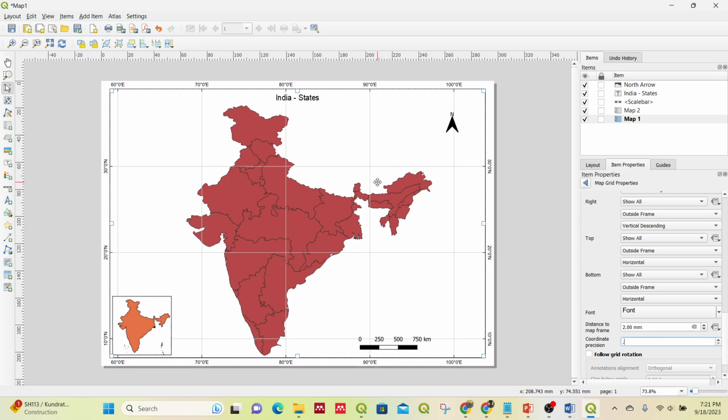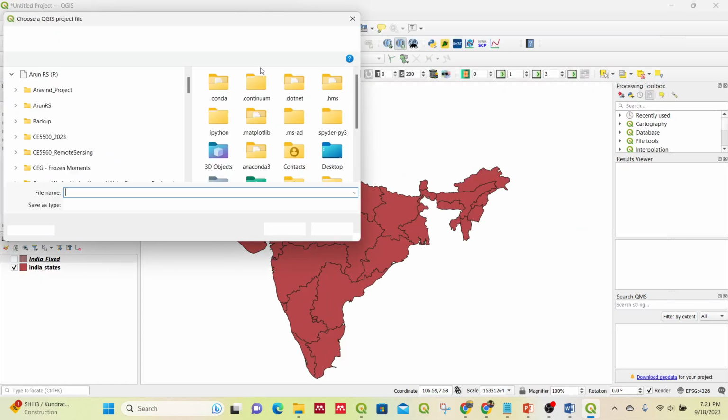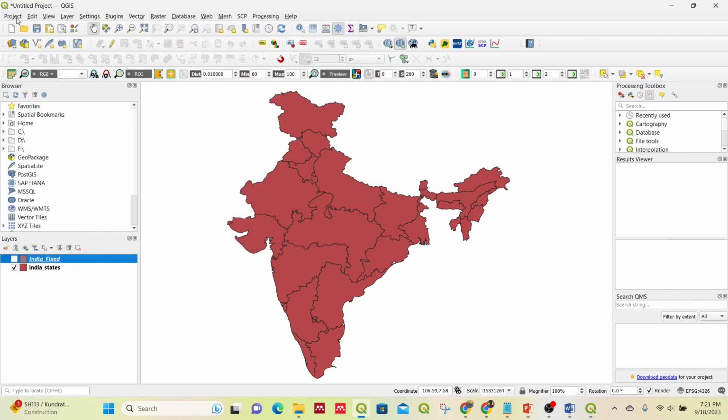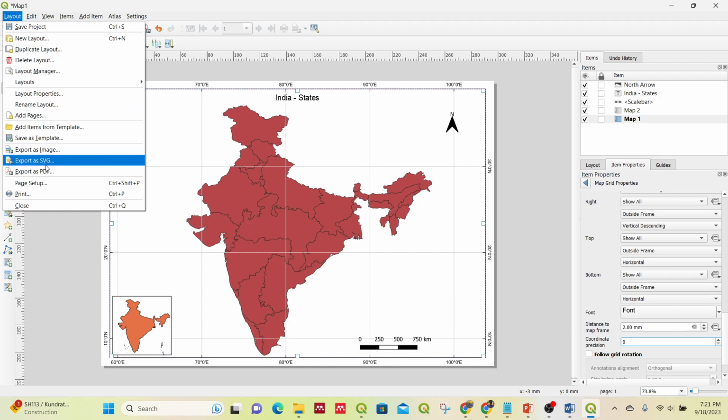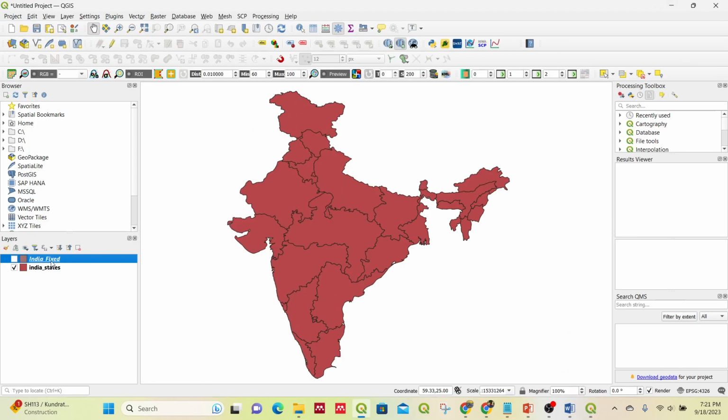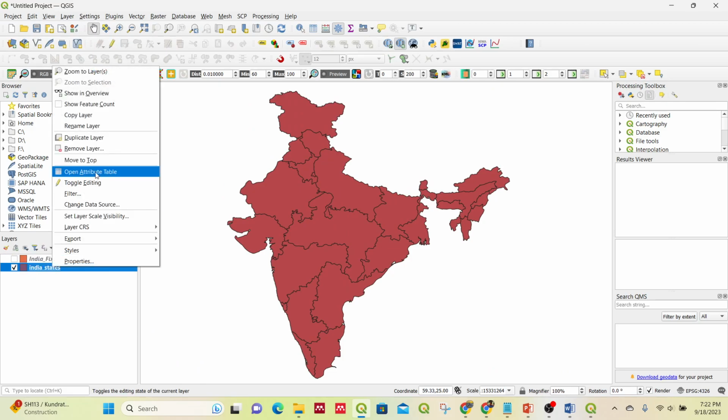So this is how you can create a map layout, and you can save it. So layout, you can export it as a PDF, you can export it as an image. So let's do some analysis on this. So if I open the database of the shapefile,